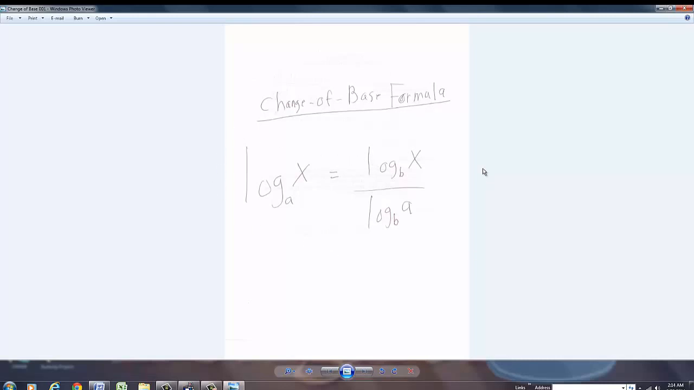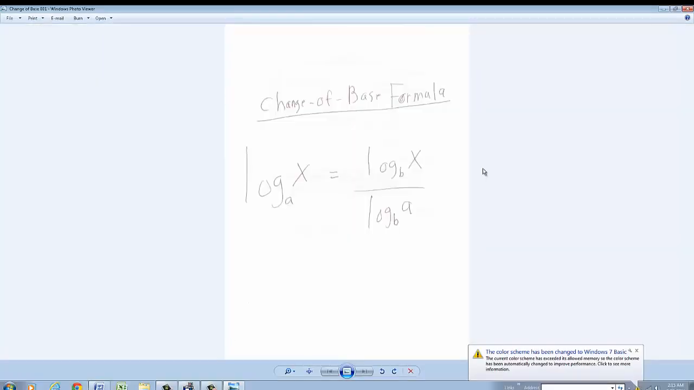So on the calculator, if you want the log of a number to base 10, all you got to do is hit the log function and enter the number. As long as it's positive, it'll give you the answer. If you want the natural log of any number, as long as it's positive, you hit the ln function, enter the number, and it'll give you the answer. But if you have some other base,